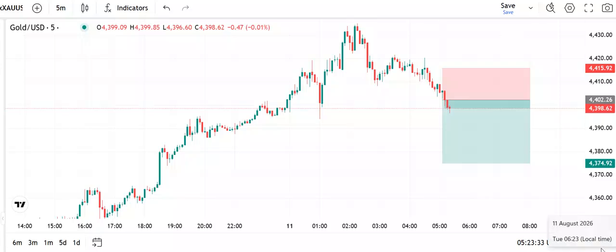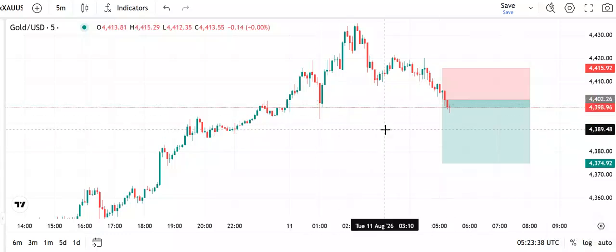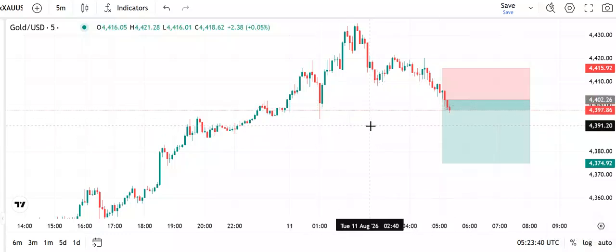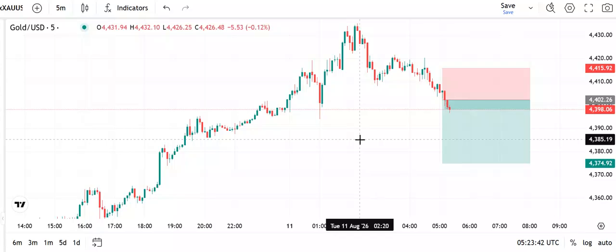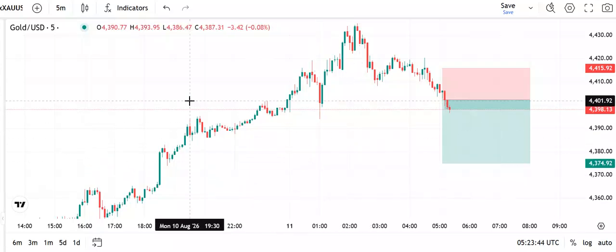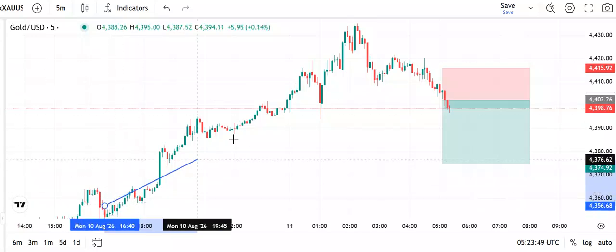Today we'll be looking at how we can trade gold on the 5 minutes time frame using price action with ICT. Okay, on this side of the chart we have